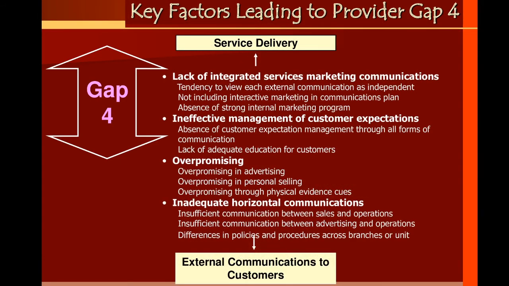And the fourth gap will be talking about the external communications between the service delivery and the customer, external communication to customers. This we'll be talking about here is again 4 points in this gap 4: lack of integrated service marketing communication, ineffective management of customer expectation, over promising, then inadequate horizontal communication. So these 4 points we'll be talking about in gap 4. So the first point is lack of integrated service marketing communication. That is